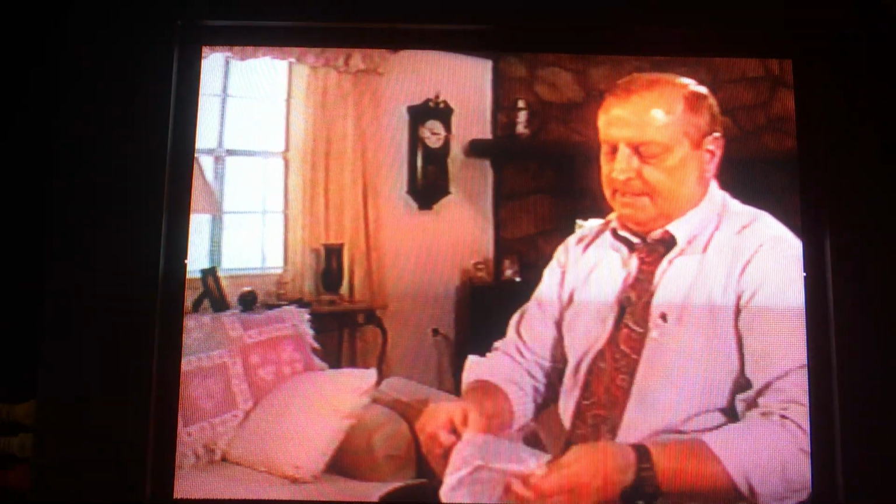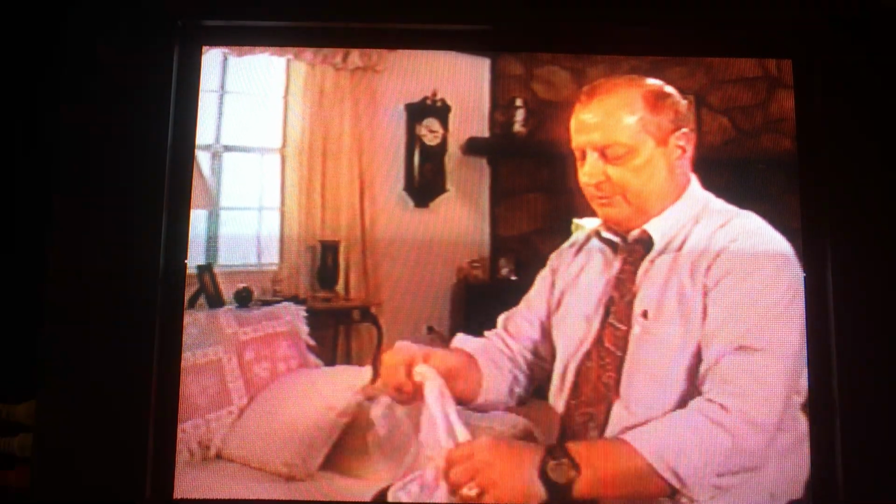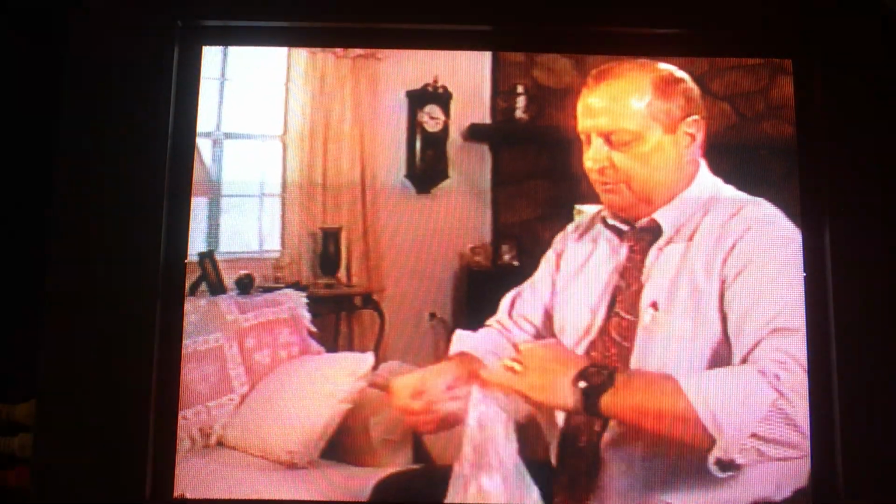What you do is you get your plastic garbage bag, and I've got a clear one here that you can see through. However, you can use any garbage bag that you've got in the kitchen. Just those brown ones are fine. All you need is for it to be plastic. Take your cushion and put it in the bag. So really about the only thing you need is a bag big enough to put the cushion in that you're going to freshen. Put it in the bag, and then we'll take our upholstery tube here, put it on,